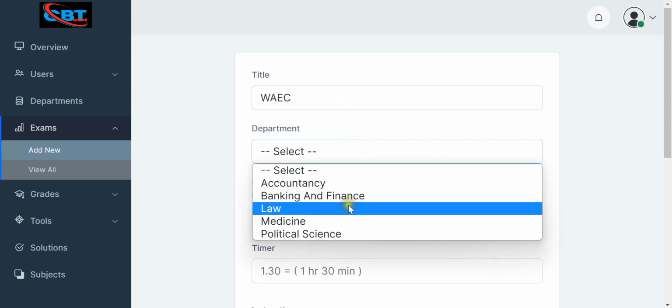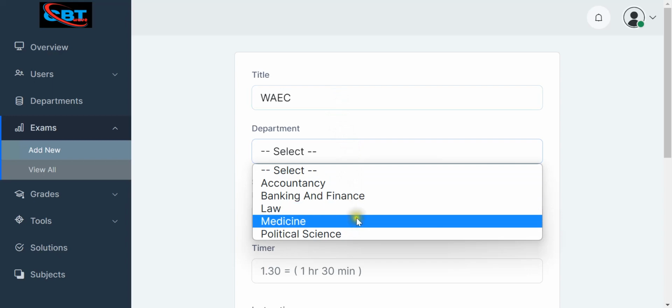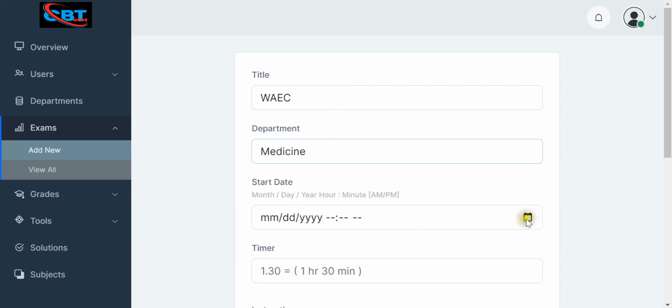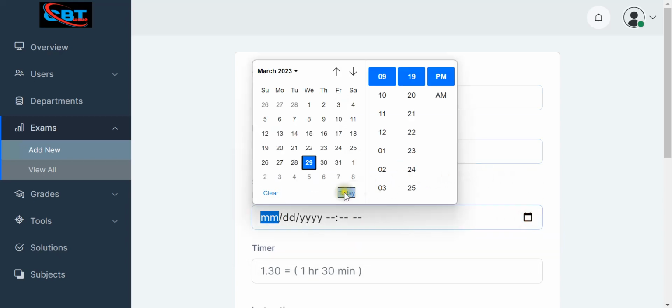Select department. Let me say this is medicine. The start date. Now, something about this start date. When do you want the exam to proceed? Okay, I won't use today's date. I will use tomorrow's date. I want to show you what will happen there. I'll use tomorrow's date. Then